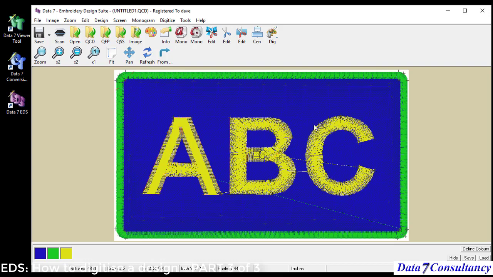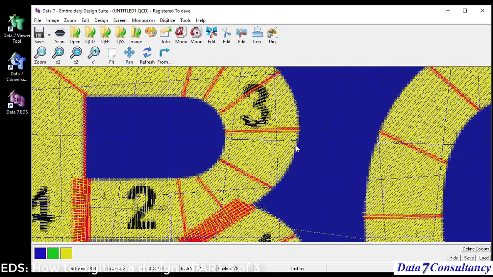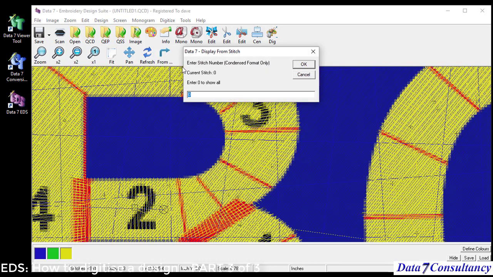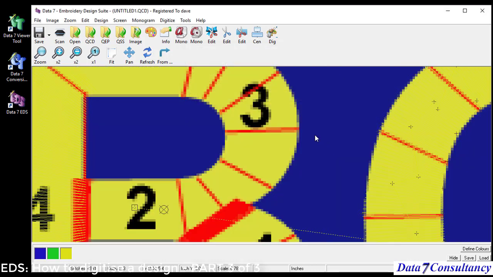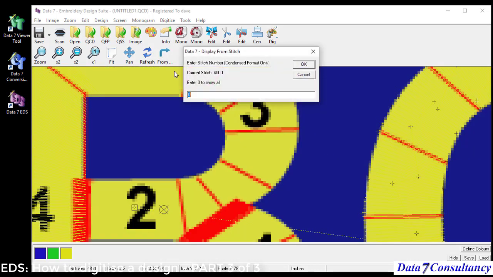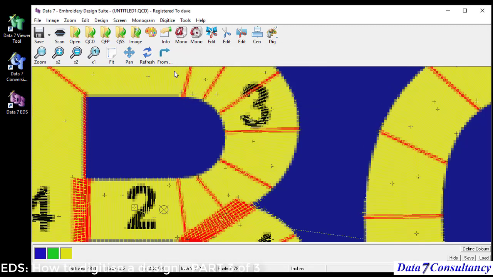If I saw a design that wasn't particularly right, a piece that wasn't particularly right, I can zoom in and change it. For instance, the B here, I'm just going to look at that B. It doesn't look as curved as I want it to. I'm going to draw from probably 4,000 stitches to see. No, too much. So let's go back to 3,000. Yes, I can see